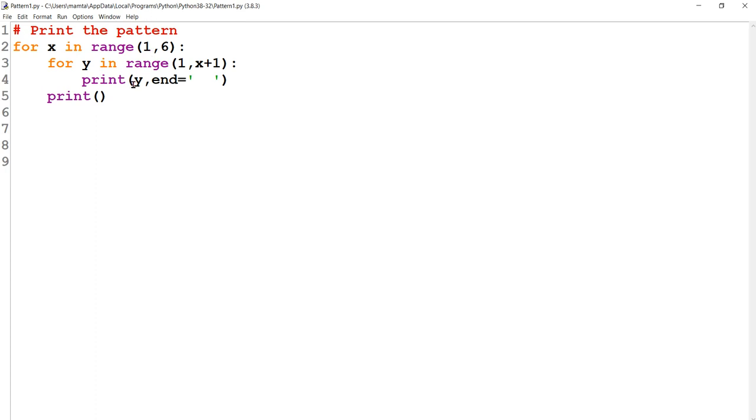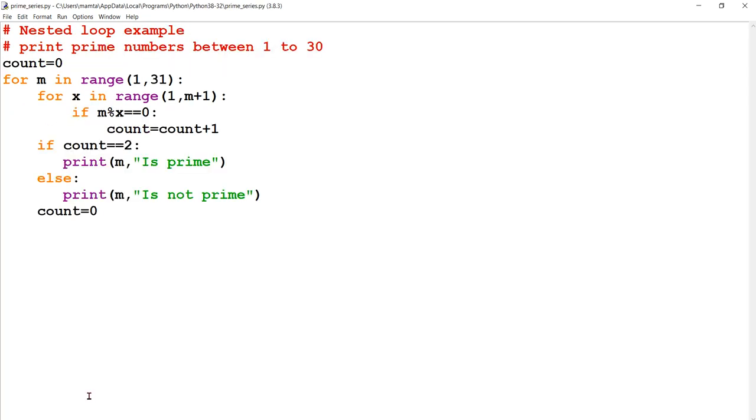You can make any kind of pattern, of ABCD also, any alphabet, any word, in many ways you can do it. So the main thing is practice, how much you can work on this. Another program here is nested loop, where we can use nested loop. One or two examples you have seen.